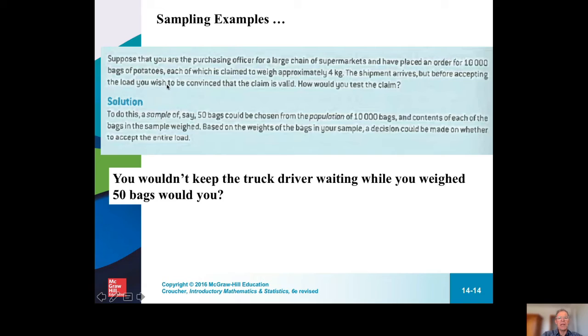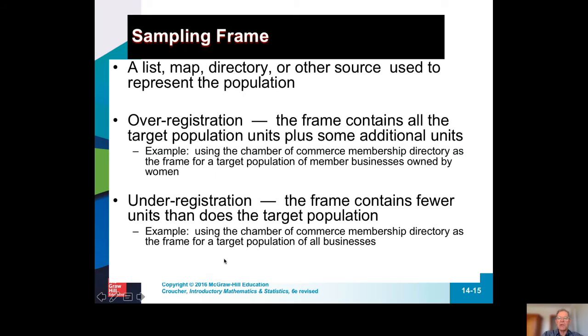You do not have time to count or weigh 10,000 bags of potatoes, so you might just take a quick sample and sign off on it. You're certainly not going to keep the truck driver waiting for 3 hours while you sample it. There are times when your sampling frame may be bigger, so an over-registration might be, in this example here, maybe